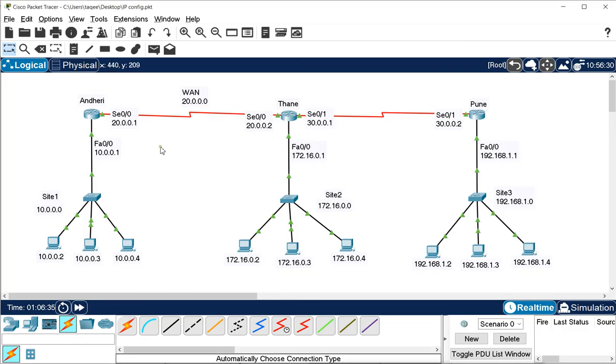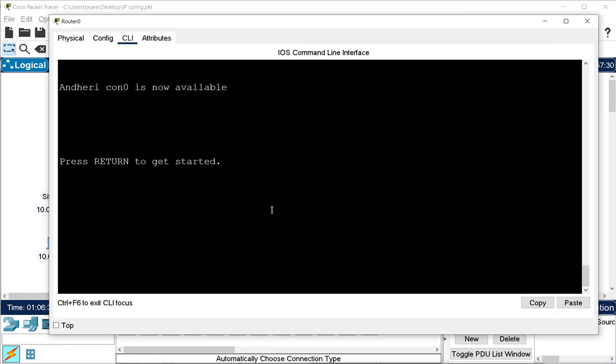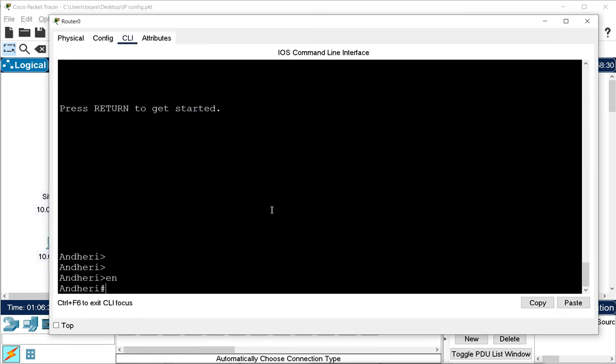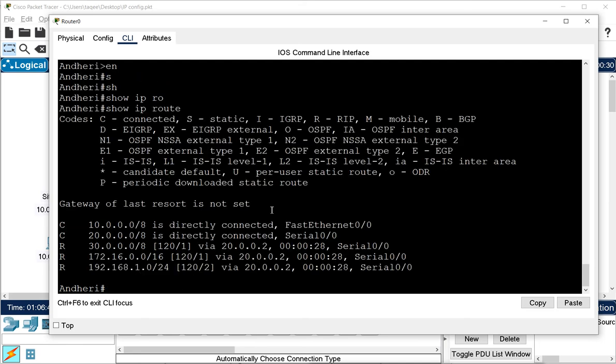So when you see the routing table on any of these routers, you say show ip route. So you see the information like this. RIP network 30, you can see the AD value is 120 and the hop count is 1, because it is sent from the other router, which says 0, and it's added 1 to it.